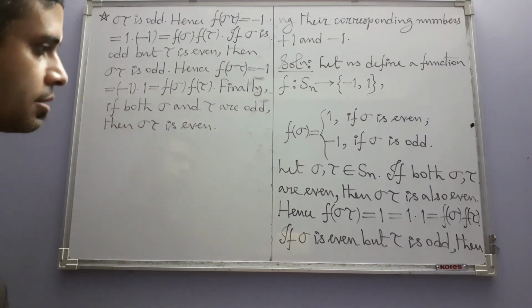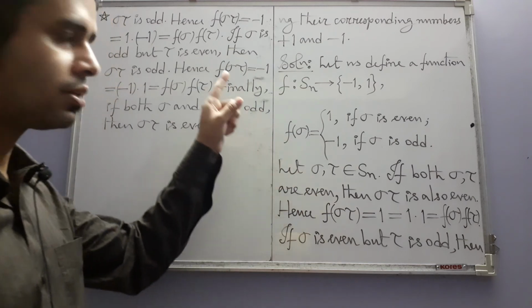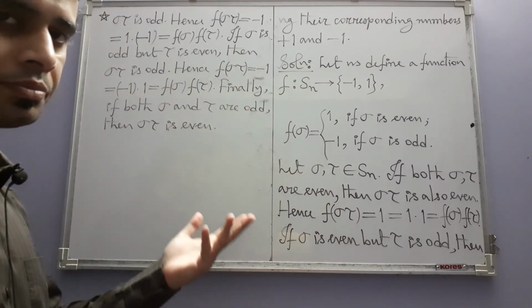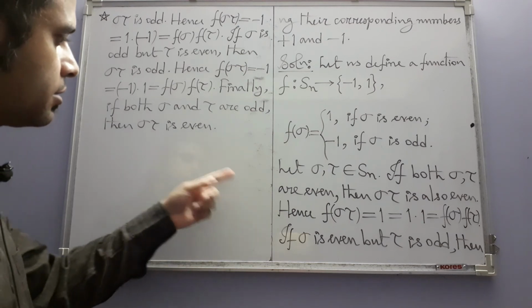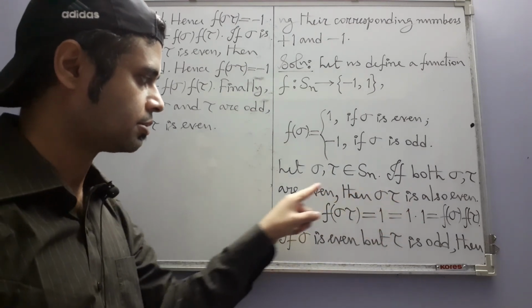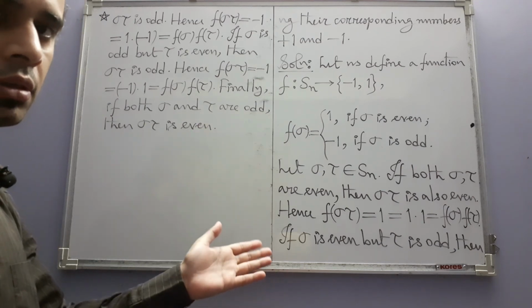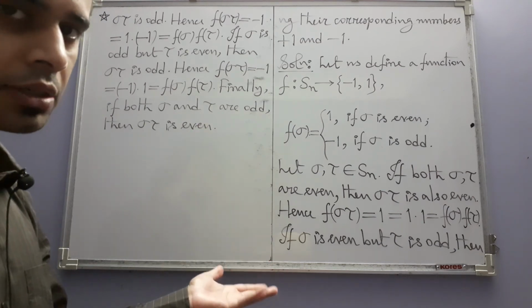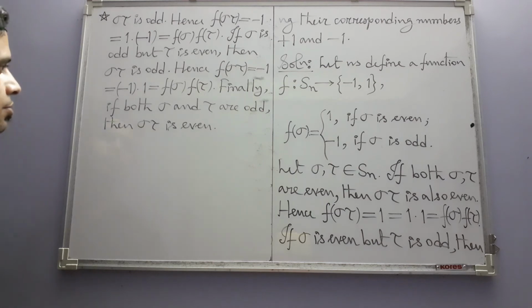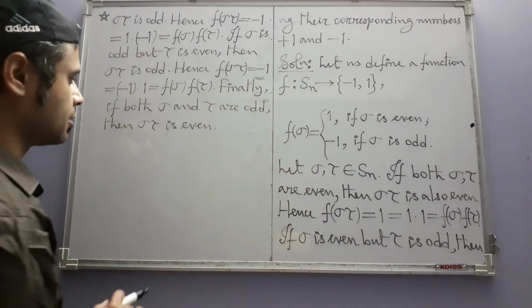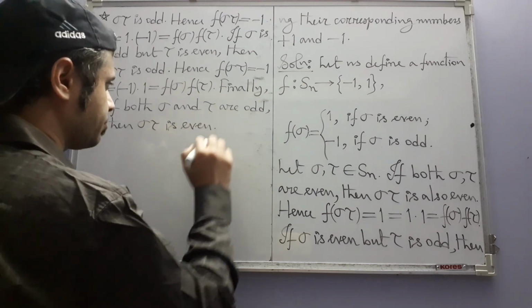Note that these things that we are directly writing, we have already seen in the previous exercises. Taking into account all the previous exercises, we are making these statements that when sigma and tau are both even, then so is sigma composition tau. Okay, so their justification lies before this exercise. Hence,